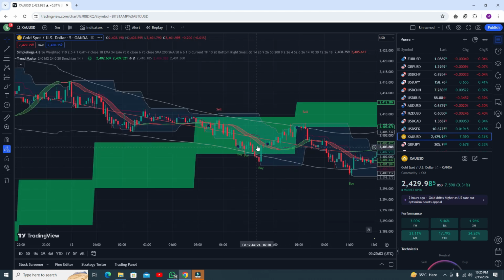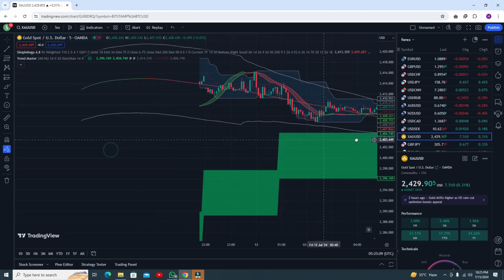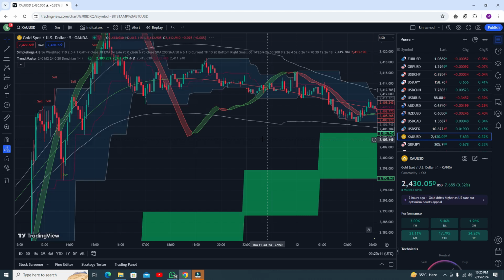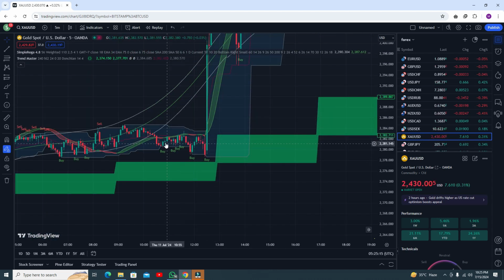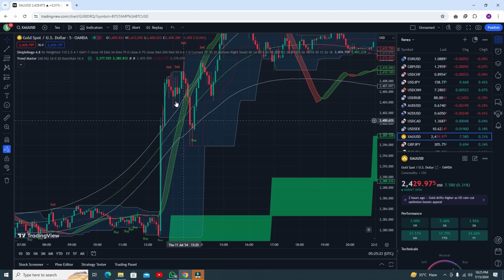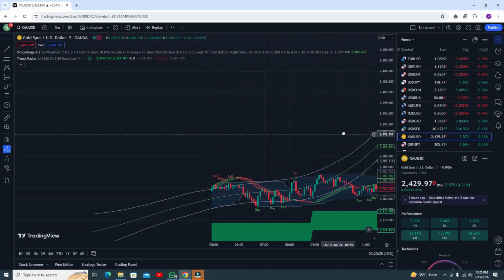Okay, now that is not your point, because the RSI is above the lower band line, so that is not your buy trade. You need to wait for the exact buy trade like this one. Okay, the RSI is below the lower band line, so definitely you need to go for the buy trade, and you can see you got awesome profit.